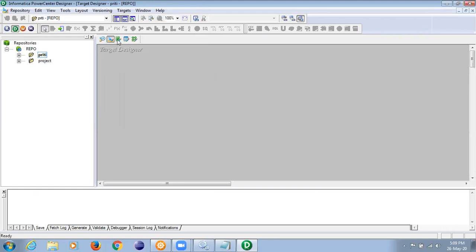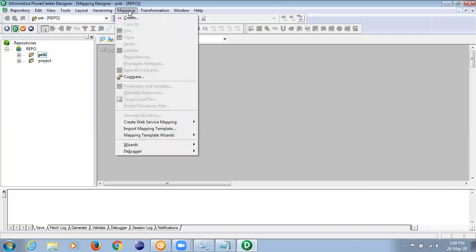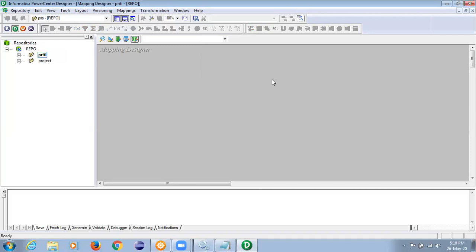Similarly, we have the transformations. Can you see the transformations? Now the toolbar has changed to transformations. Similarly, the fifth option, mapping designer. Can you see mapping? Yes. So everything is streamlined. You just have to remember it properly and use the software appropriately. That's it.